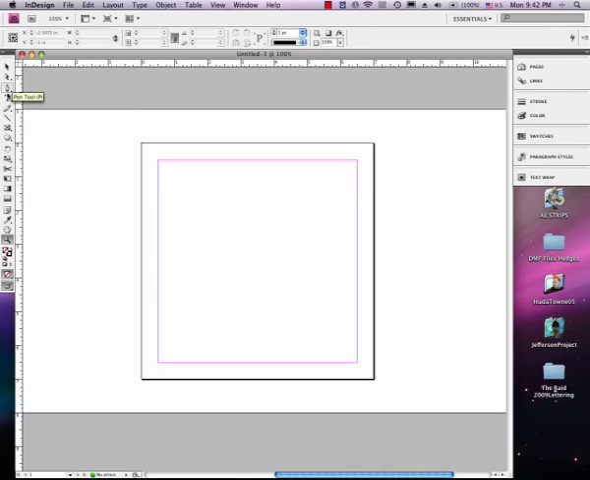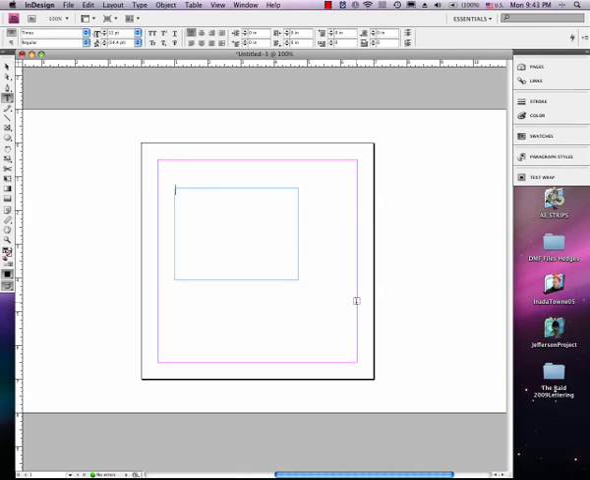Now the type tool is right over here, and it behaves differently than the Photoshop type tool. The Photoshop type tool, you just click on this, go out here, click, and start typing away. But it doesn't work that way in InDesign. So in InDesign, you need to go click on the T, and you need to click and drag a box. And don't worry about the size, you can always change that later. So with your box made,